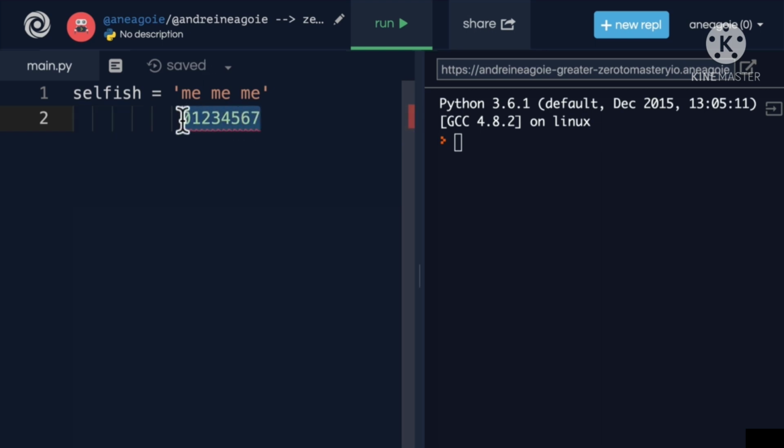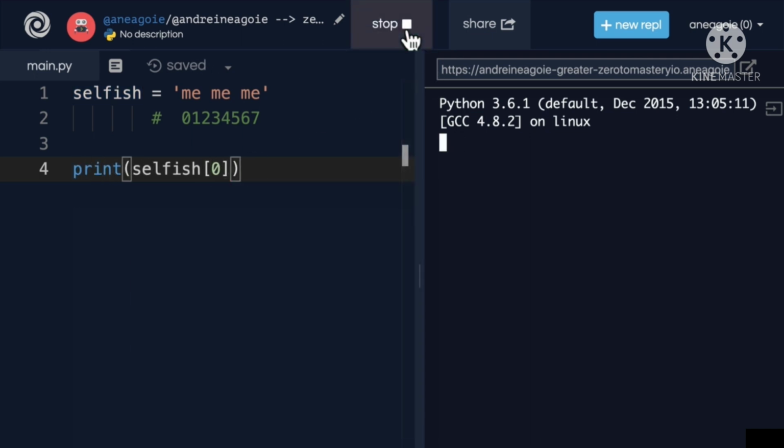And I'm going to comment this out just like this. Make sure it's aligned, okay? And what I'm going to do here is I'm going to say selfish and then square brackets right here and then type in 0. Now, if I print this